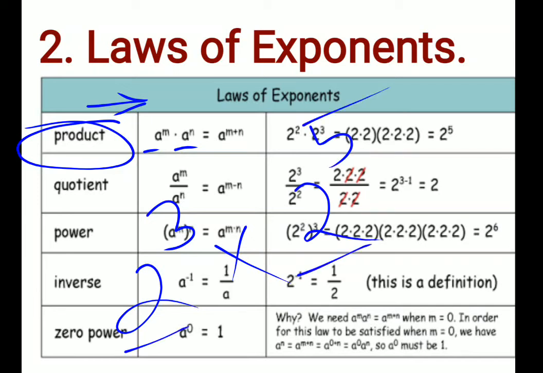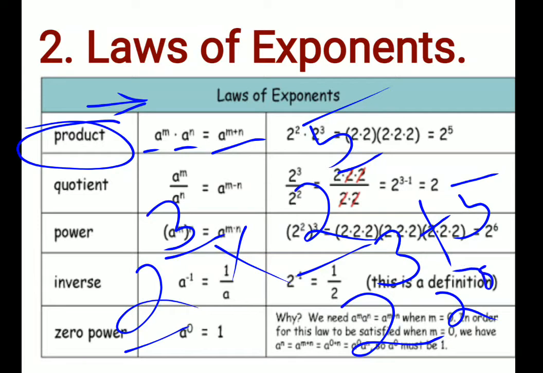Suppose you have the same base but the power is different. Only the base is the thing you need. So what is the answer? A to the power m plus n. Your power is getting added, so you can write 3 plus 5, so it is 2 to the power 8. This will be your answer. This is the first law of exponent, in which you apply the multiplication rule.